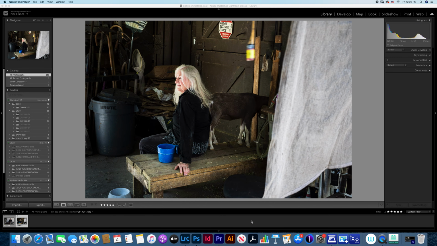So for the final presentation of this idea, I would like you to create a document in Photoshop with the two images, and I'll show you the workflow for that. As I've mentioned before, I always have a folder on my desktop that I just put whatever I'm working on in Lightroom into, just as a holding station.